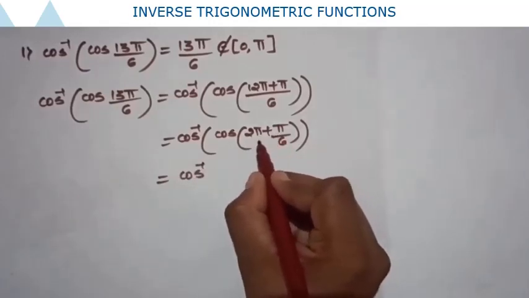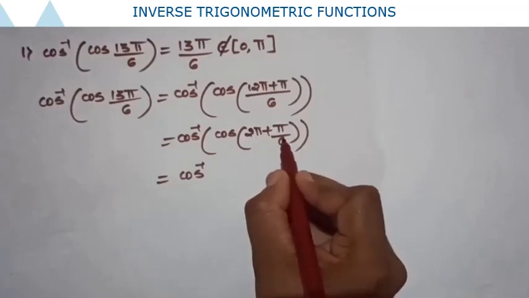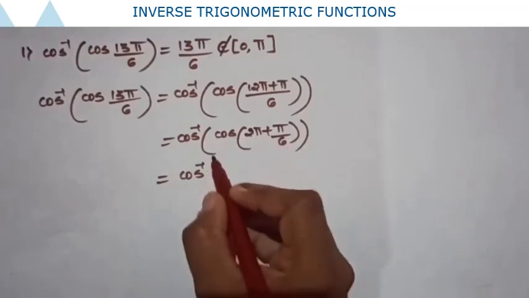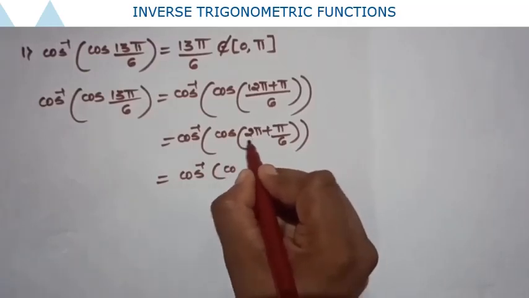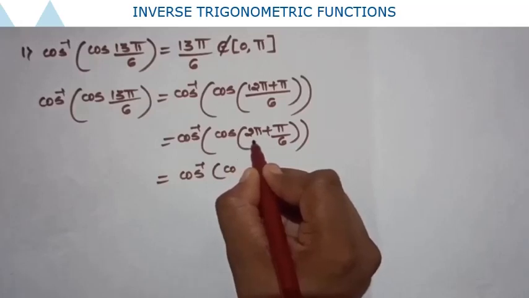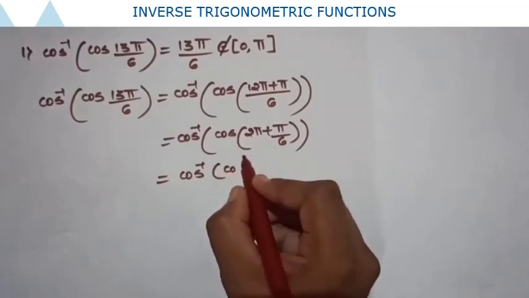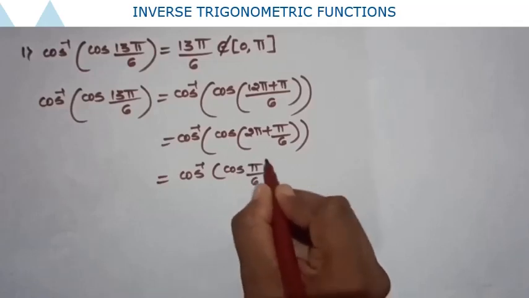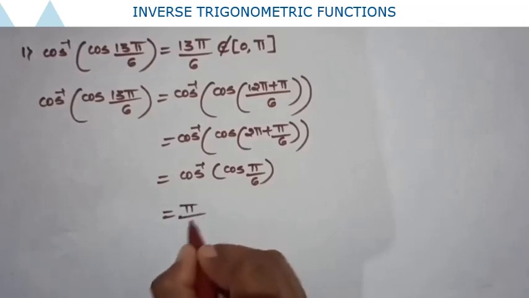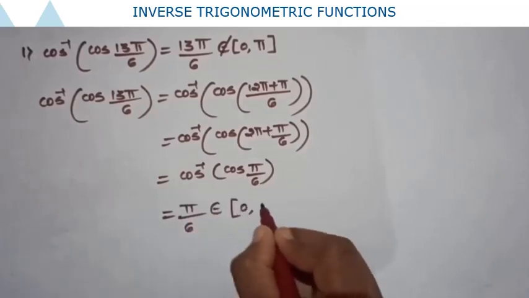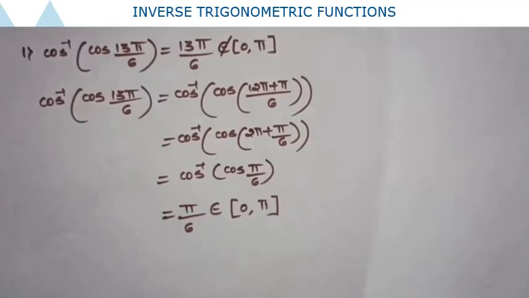Here, 2 pi is nothing but 360, plus theta, which lies in the first quadrant. In the first quadrant cos is positive, so no need of changing its sign, and it is a multiple of 180, that is 360, so no need of changing cos to sin also. Therefore this becomes cos pi by 6. Cos of 2 pi plus theta is cos theta. Therefore cos inverse of cos x is x, and this time our x obviously belongs to the closed interval 0 to pi. So this is the example cos inverse of cos 13 pi by 6. Its value is pi by 6, which lies from 0 to pi.